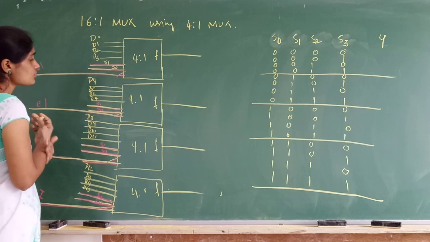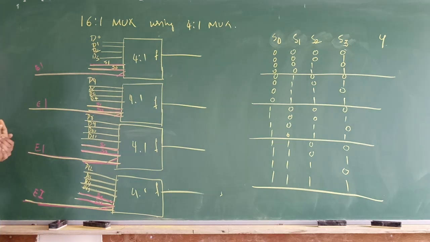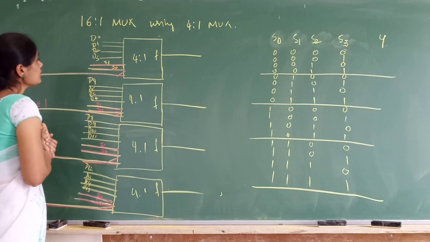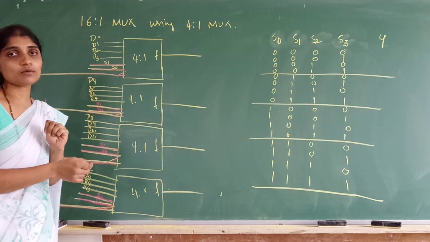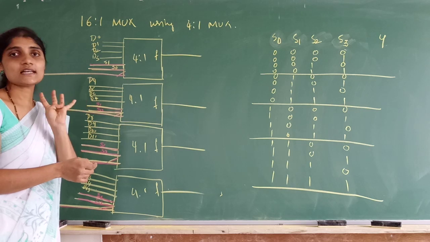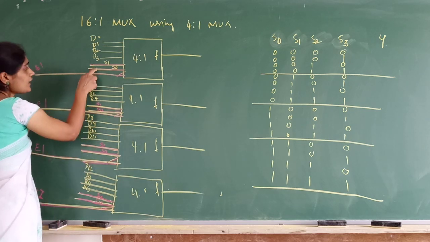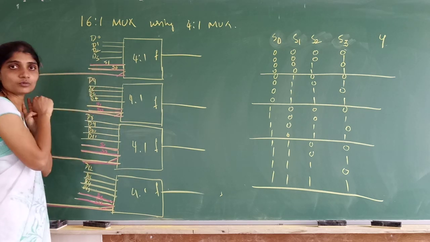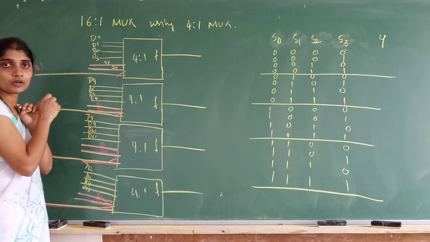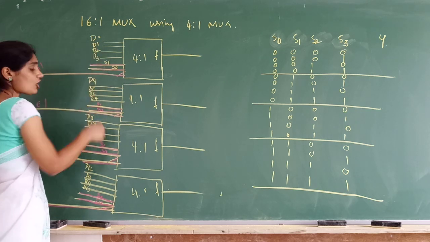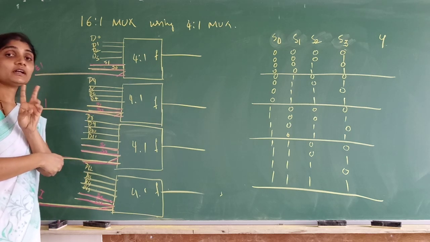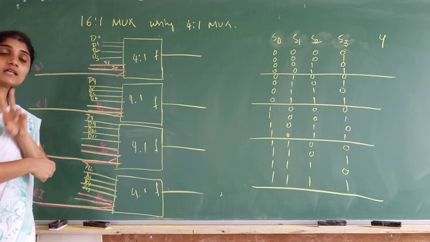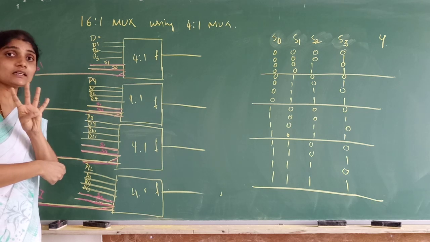Okay. So now in order to get the output, what is the output I have to get? For 16:1 mux, how many select inputs I want? Minimum 4 select inputs I want. Here I have 2, S0, S1. 2 more select inputs I want. With using 2 I cannot select all the 16 inputs. Using 2 I can select only 4 input lines. But if I have to rig up 16:1 mux, I want minimum 4 select inputs.